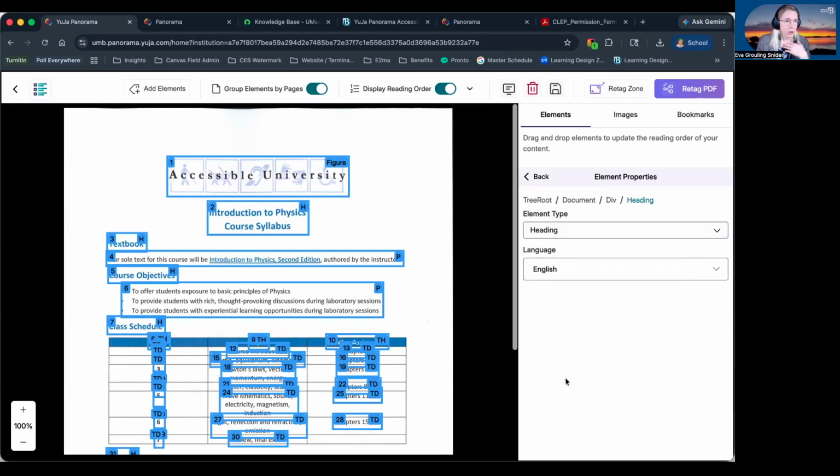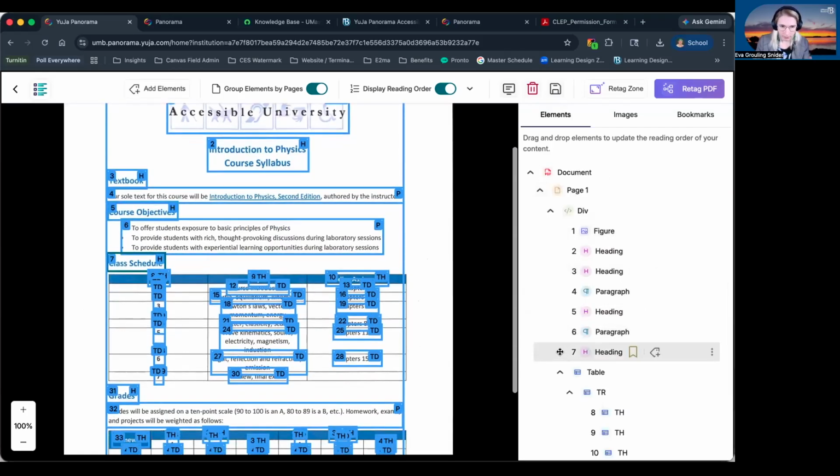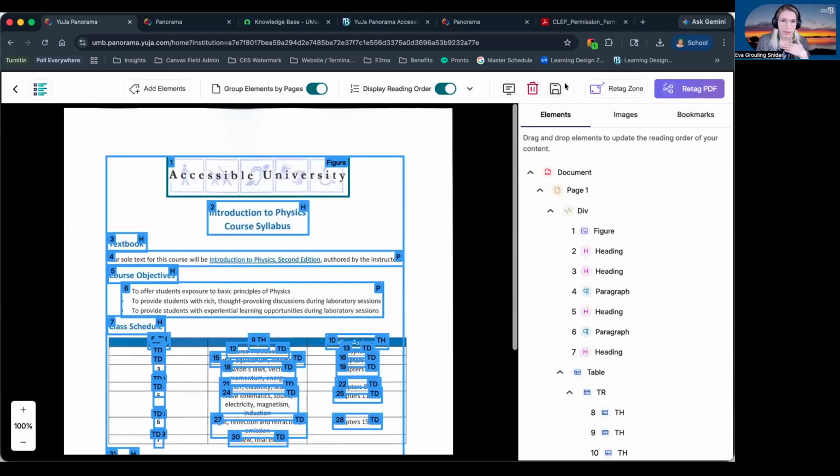So I encourage you to dip your toes into the structural remediation with the caveat that it is fairly complicated and mostly used if you understand what you are doing, to ensure that the order is correct and that these tags are appropriate for the content of the document.